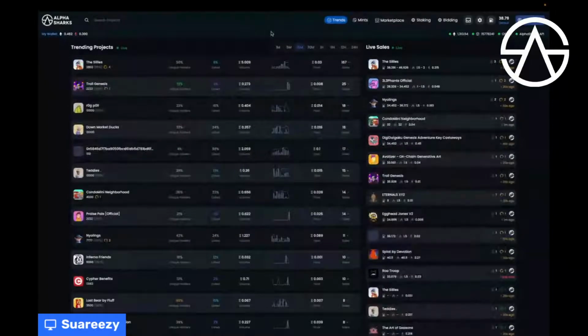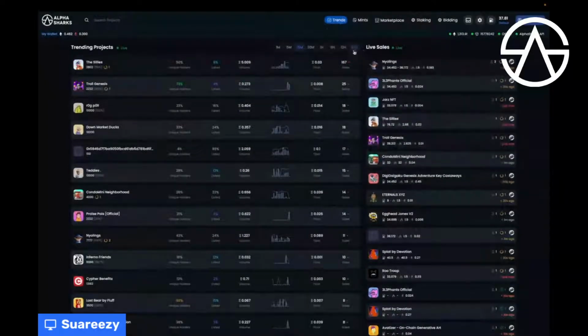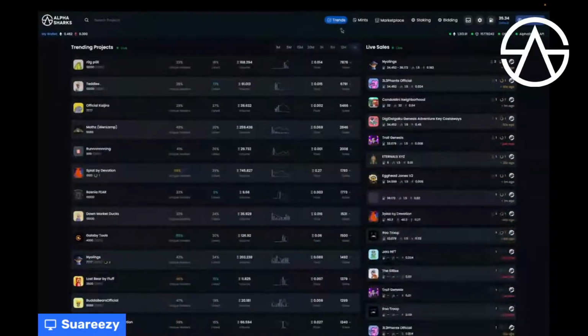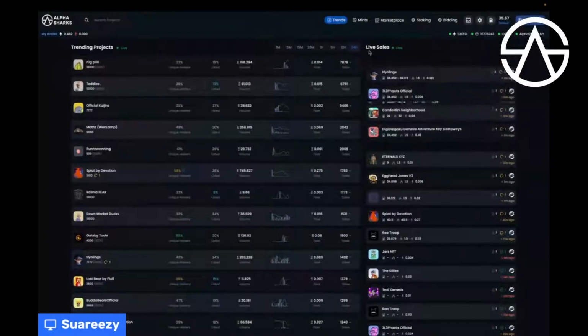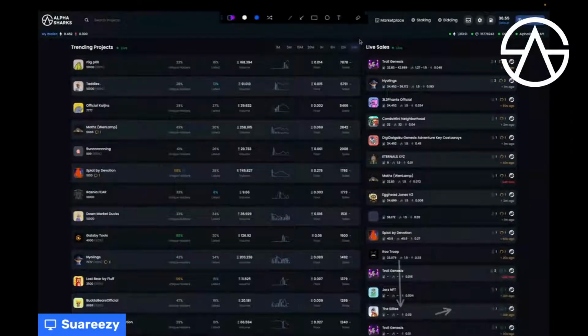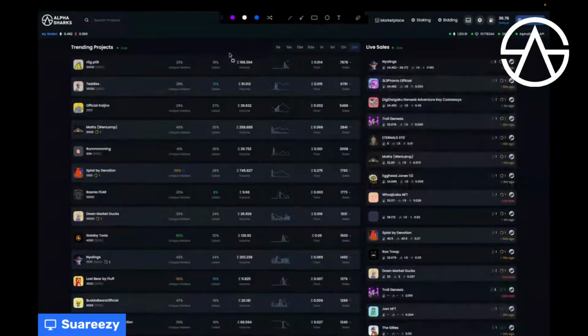Cool. So first screen we're actually going to pop up is going to be our trend page. Just kind of almost ritual-like at this point. We'd like to end up on our trend page just to see what's going on for the day. So what I like to do is come to the top here and change to our 24-hour time frame. And personally, I like to see a few metrics,